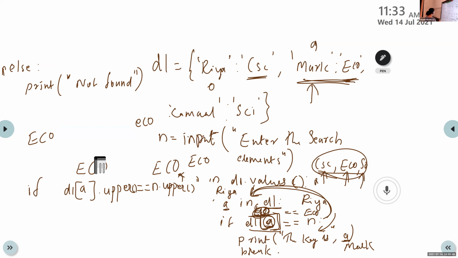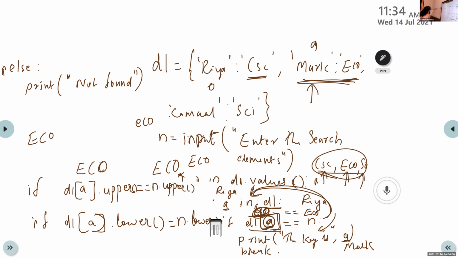Or we can give if d1 of A dot lower. This is also possible. Gauri, explain this statement using lower. What will happen if we execute if d1 of A dot lower and n dot lower?